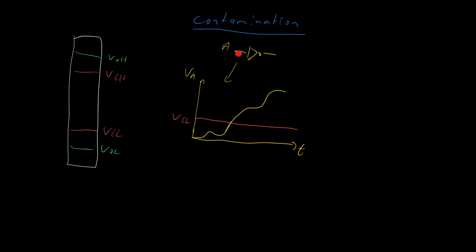The contamination delay is taken from when the input first changes. But although the input voltage waveform is certainly changing here, it might always be changing due to noise, etc. So we're not actually going to count this as the input changing. Rather, we know that the input is treated as being valid whenever it is below V input low, or if it were high, above V input high. In this case, the input is low, so provided the input is lower than V input low, it's